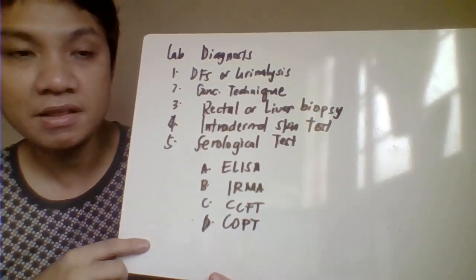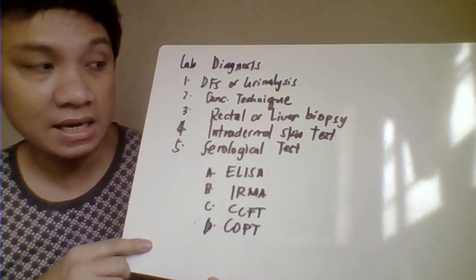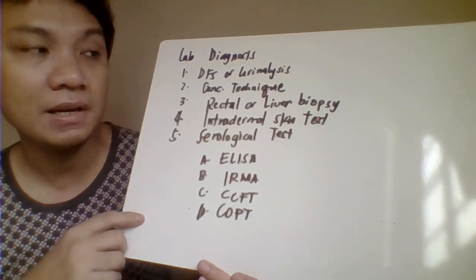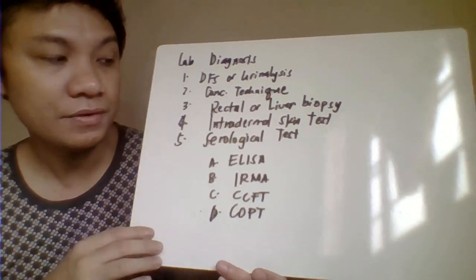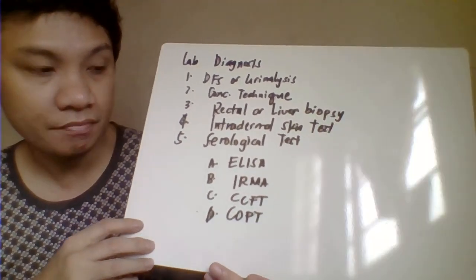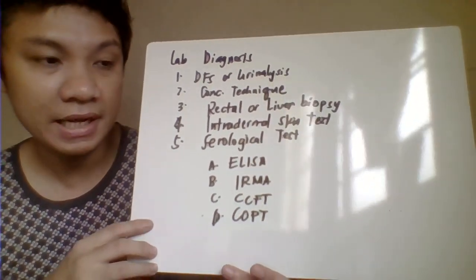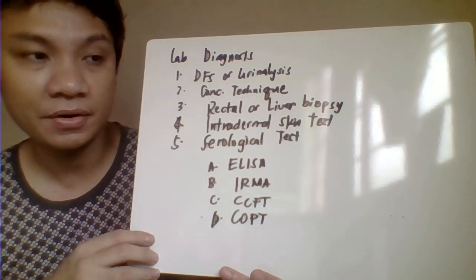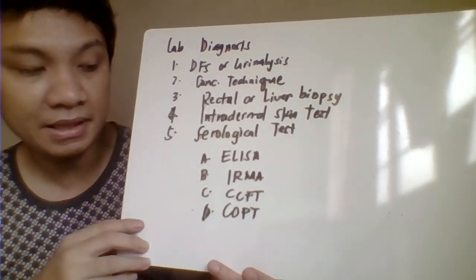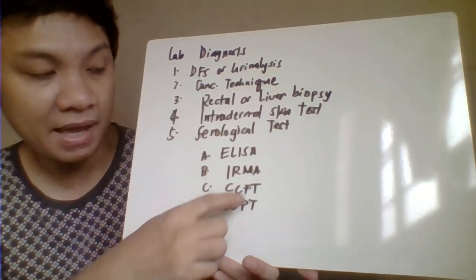You could also recover the ova through your concentration technique. You could also have the rectal or the liver biopsy. And you could also have the skin test for allergic reaction related to this infection. You could also have serological testing like your ELISA, your enzyme-linked immunosorbent assay, immunoradiometric assay,